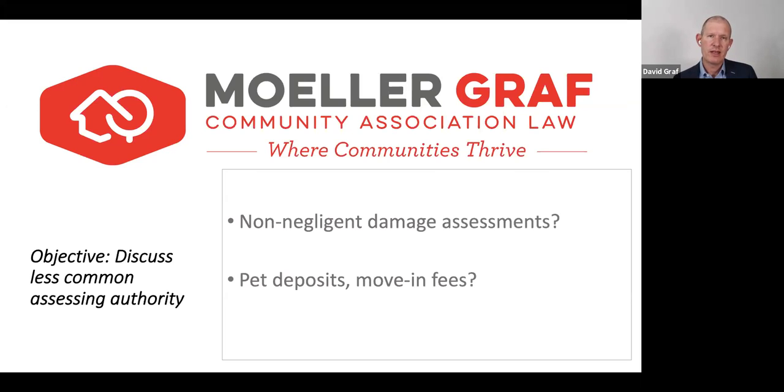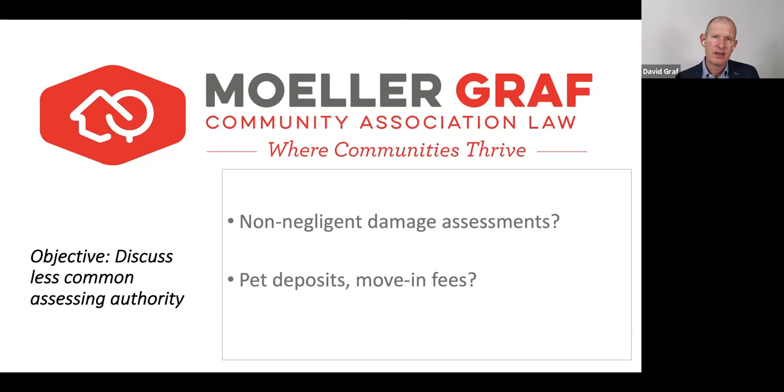Very hard to do. Because if you look at it in the eyes of the law, you're essentially making stuff up. And again, when you take the proposition that allocated interests, telling an owner what their share in the common expense burden is, are almost set in stone, this type of non-negligent assessment is going to be very hard to fly. It can work, and I'll talk a little bit about when it can work, but you have to